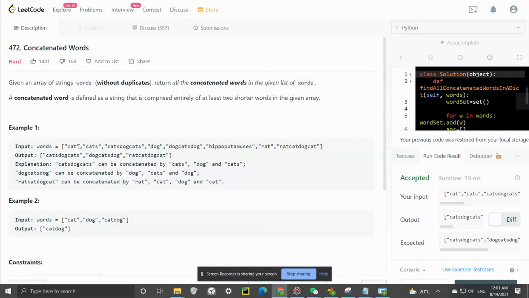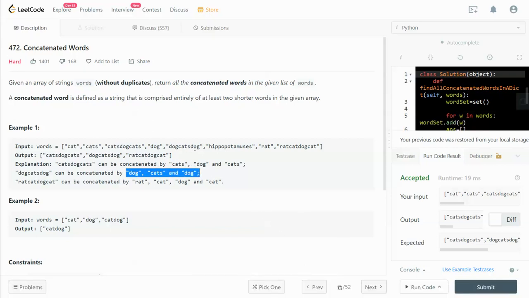We have cat, cats, dog, catdog, etc. The output required is catdogcat, because catdogcat can be comprised of cat, dog, and cat, which can be found in the original list. And also dogcatdog can be concatenated by dog, cat, and dog, and these three subwords can be found in the original